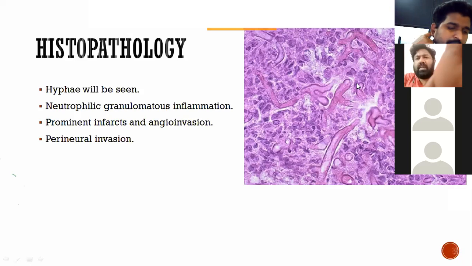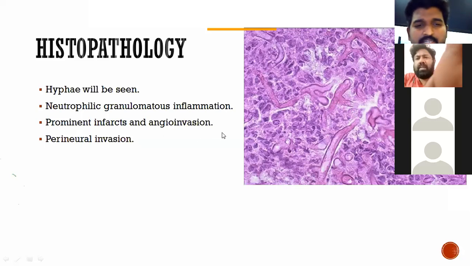So this time, because these fungi are extremely fragile, when you do a KOH mount or anything, what will happen? They do the centrifugation. So this fungi is fragile and it will break off and it can just resemble like this. It will break off. So they will have a short stub-like appearance, and this fungi can be easily identified when the microbiologist suspects clinically that the patient is having mucormycosis.